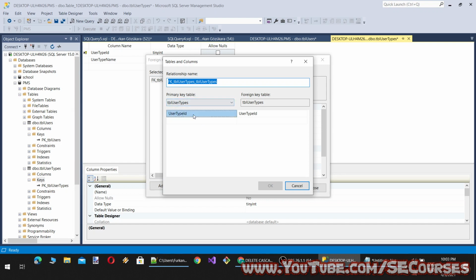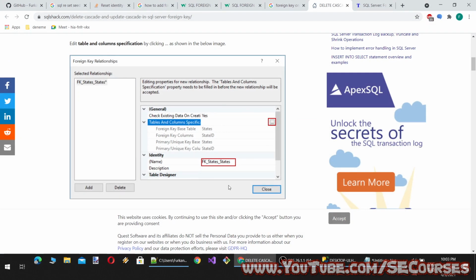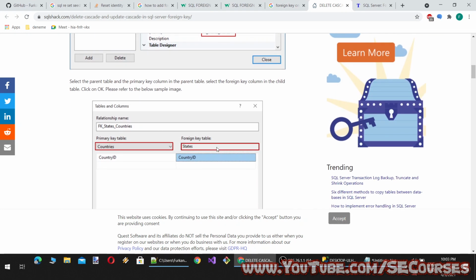Primary key table, user type ID, foreign key table will be another table. Yeah, not here. Not this one. Foreign key table.